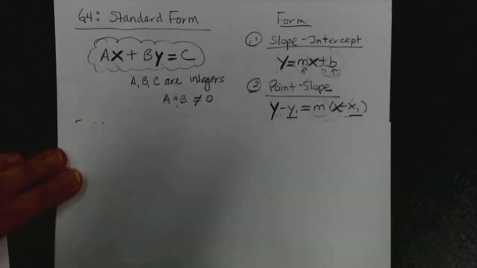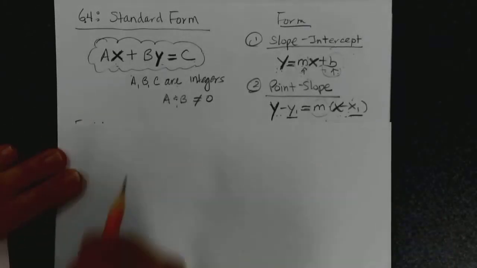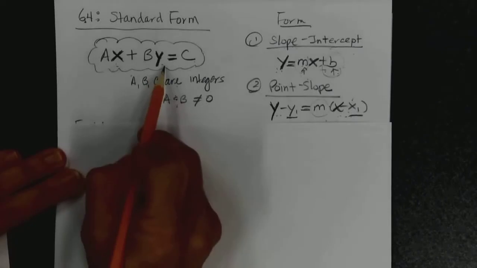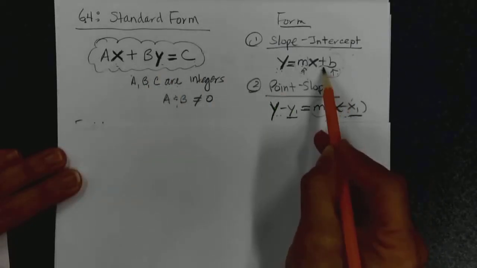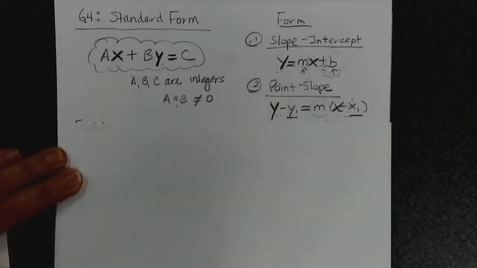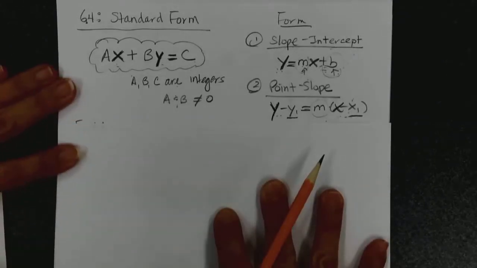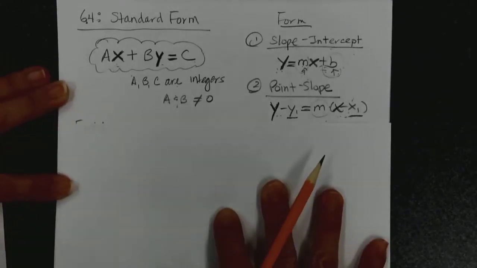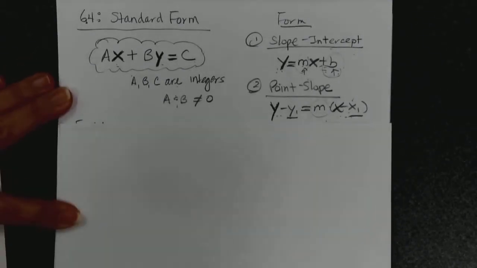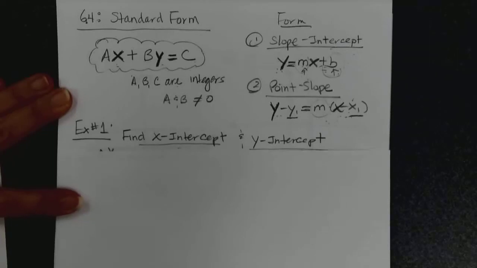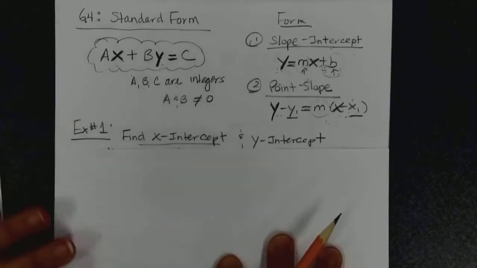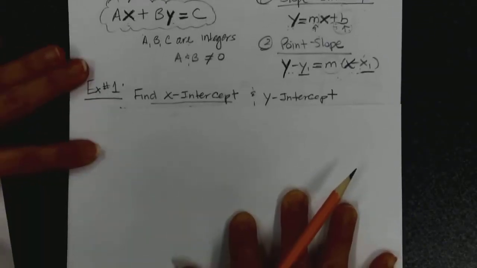So what you've got to do is either rewrite this in slope-intercept form, or you can find where the line crosses the x-axis and where the line crosses the y-axis to find those points. So in example number 1, we are going to learn how to find the x-intercept and the y-intercept. And if you remember,